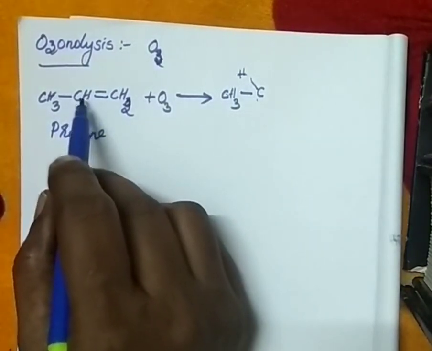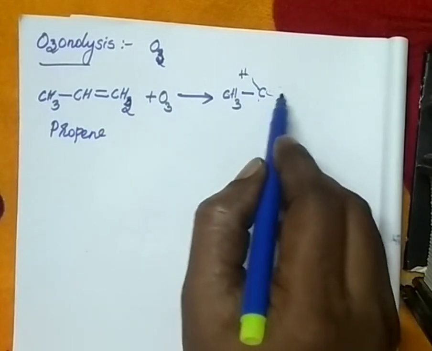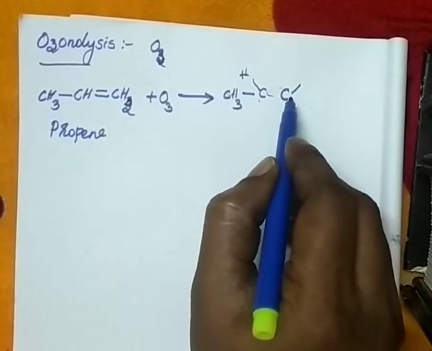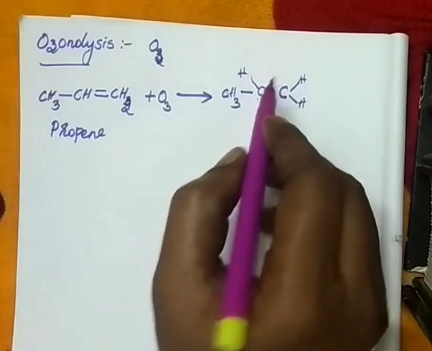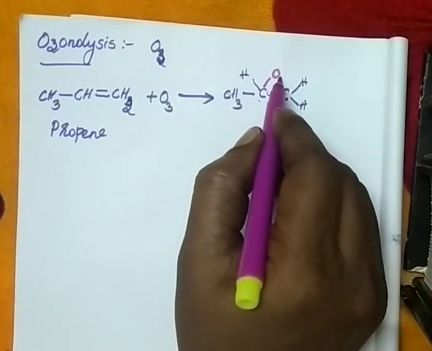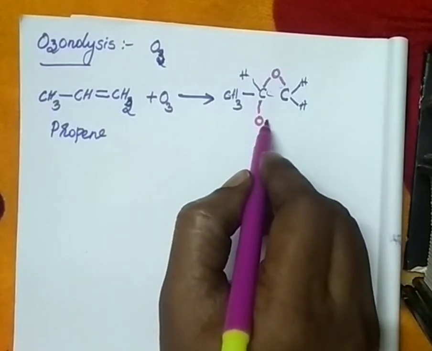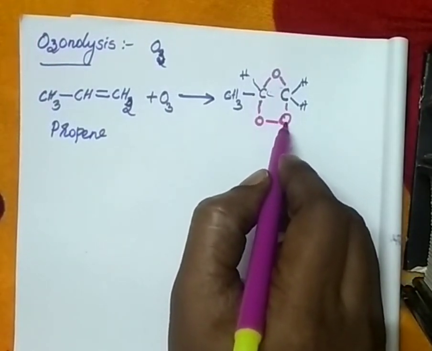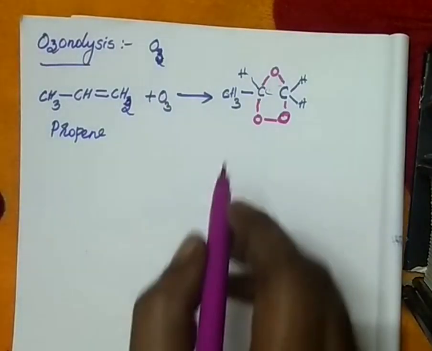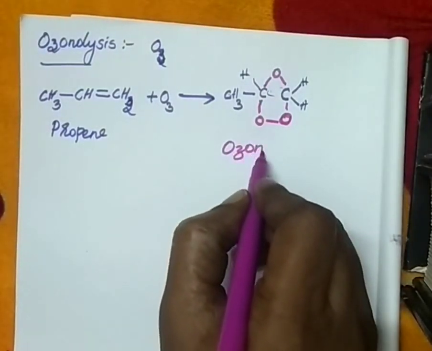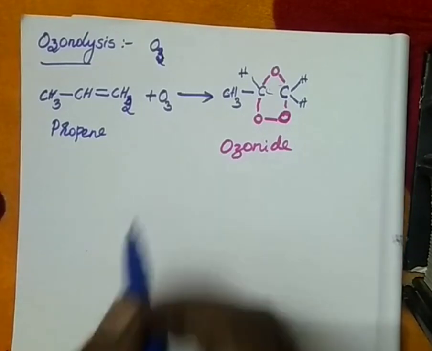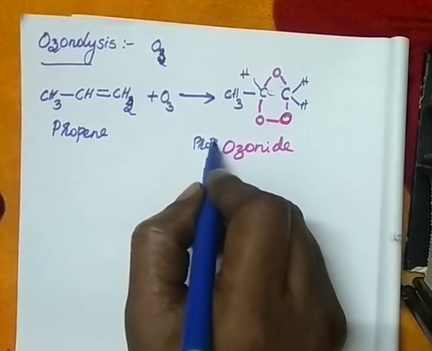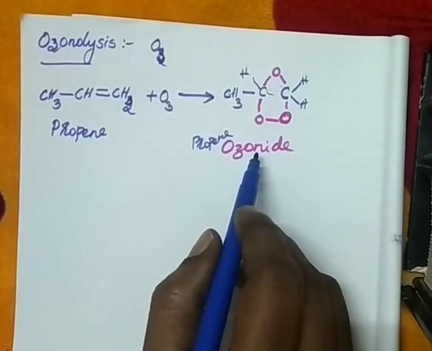Olefinic carbon, one hydrogen is H right here. And don't write any bond here. And write the other 2 substituents of the other carbon like this. Then now, add ozone to this olefinic carbon, one on top and 2 at the bottom. How this is added, please don't worry about it. This is called ozonide. Very, very important reaction. In most exams you will get this question. Okay, and this is called propene ozonide because this ozonide is formed from propene. Therefore, this is called propene ozonide.